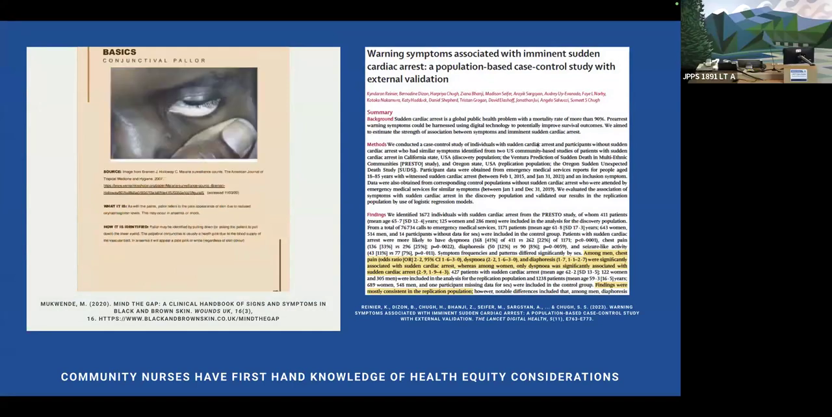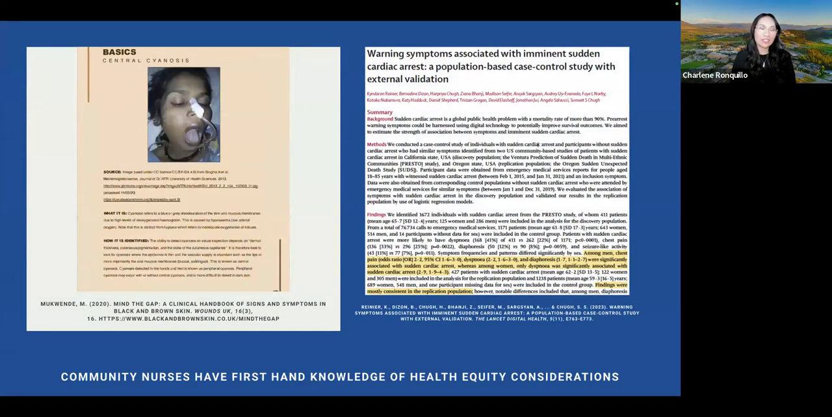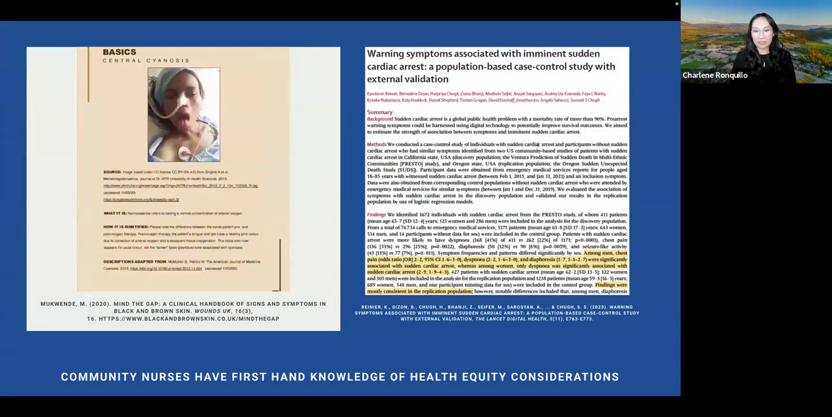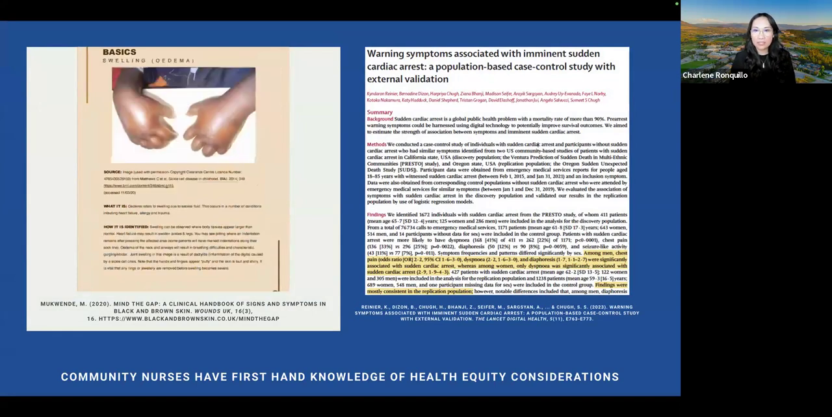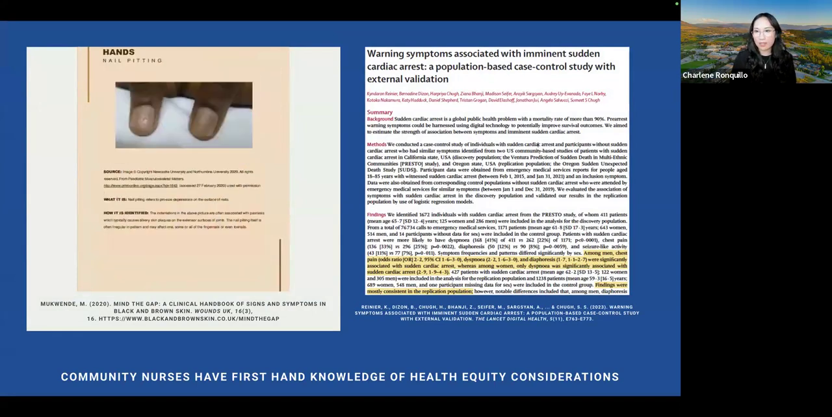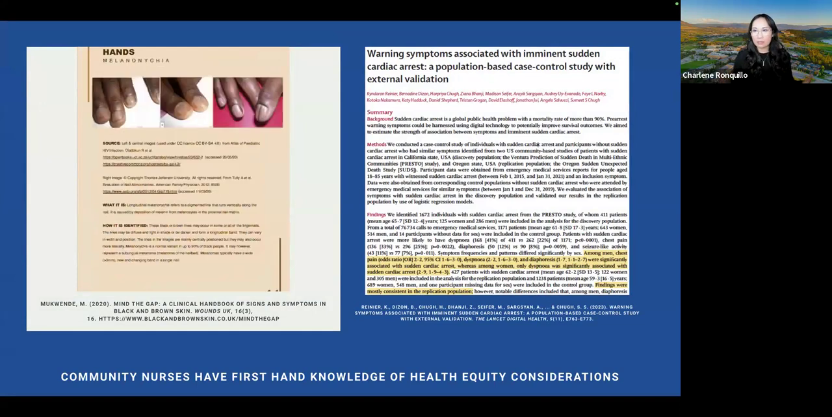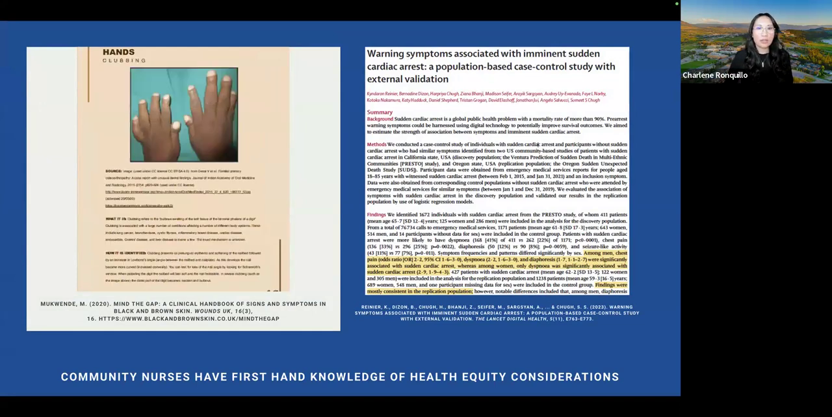Right. And now I'm talking about community nurses and nursing role and expertise in health equity, advocacy, social determinants of health assessments and these kinds of things, right? So these are the things that nurses are really good at, relational care and that kind of thing. And so